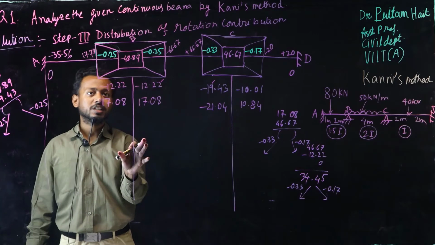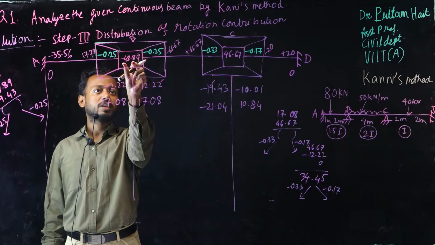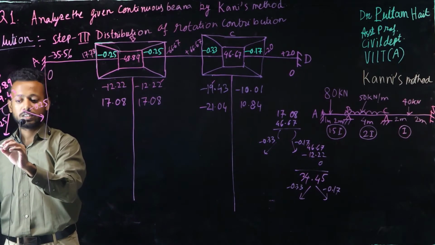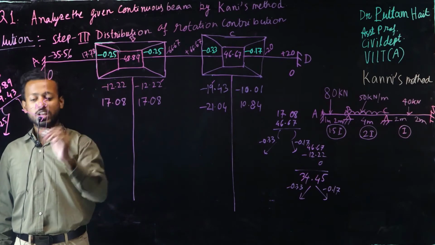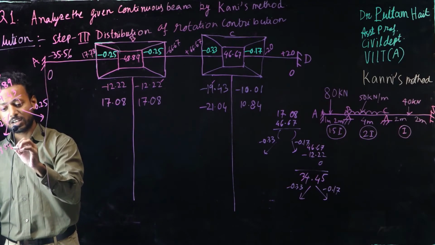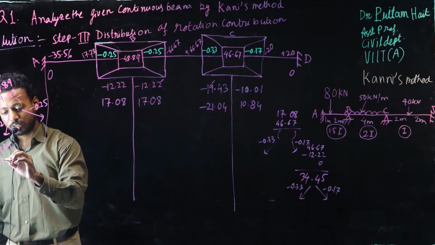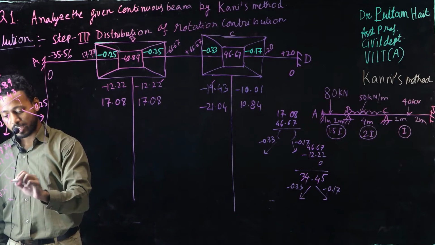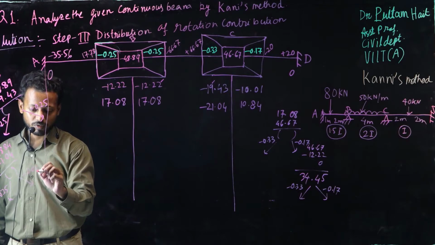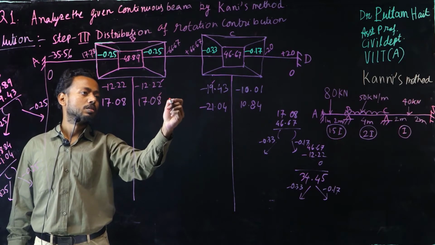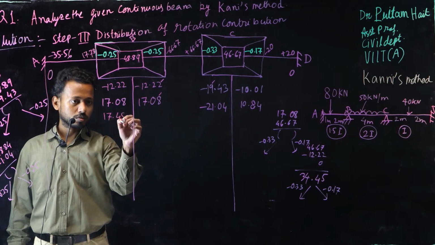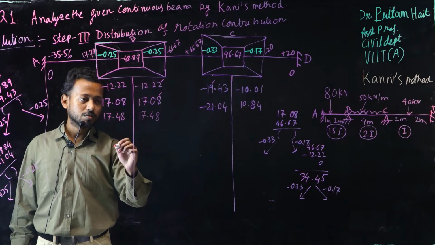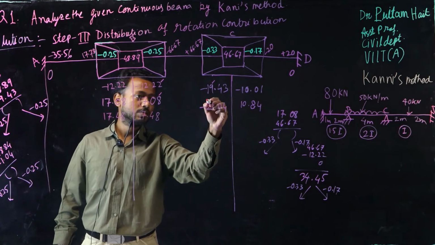Next, come again to BC. Add this moment, this is 0, minus 48.89 plus this moment, that means minus 28.04. So I will add 0, that is 0, 48.89 minus 21.04. Whatever you get, multiply with minus 0.25, and you will get 17.48 and 17.48. So I have used this moment, you tick it.